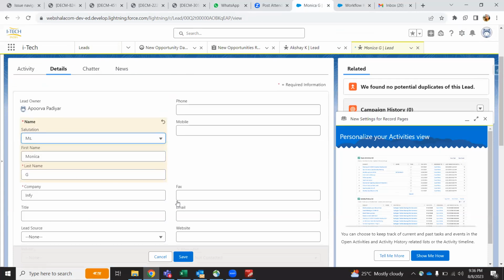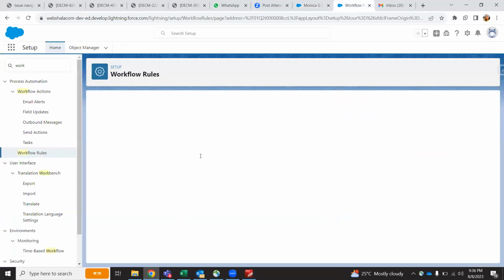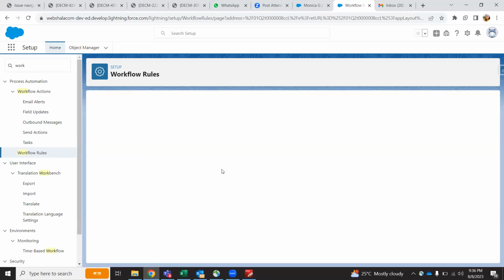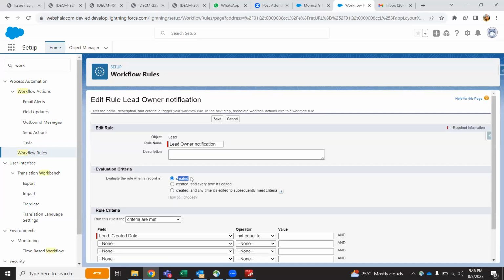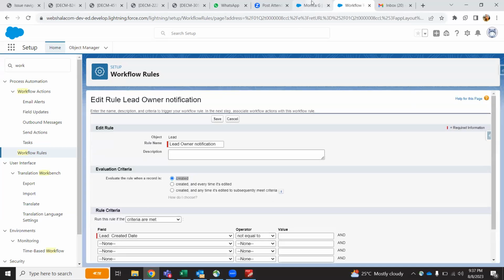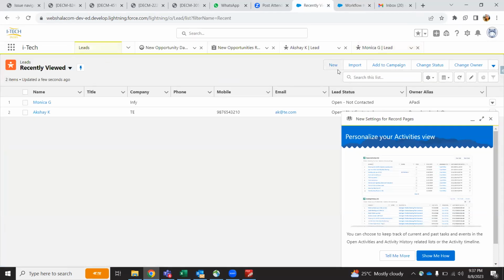So if I am editing and saving an old record, I will not get the notification, because in my workflow rule I have selected to send the email notification only when the lead is created. You see, when the lead is created, not every time it is edited, right? And when it is created, it has to check for this condition that created date is not equal to null. So now if I go back and create a new lead in the system,